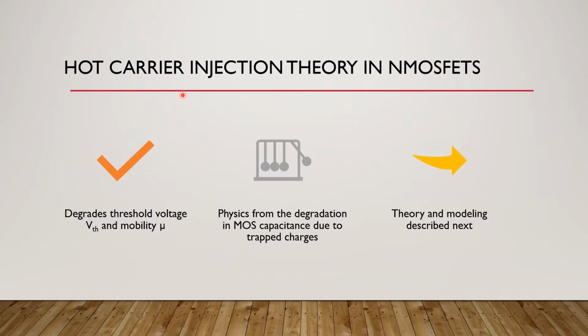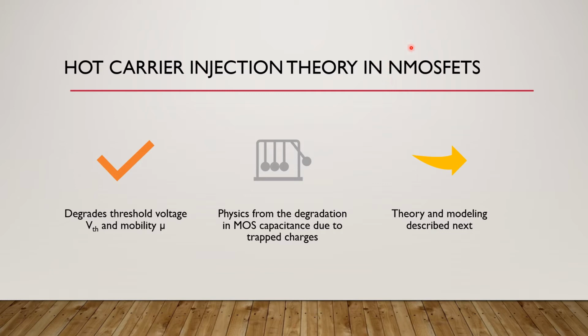Also, in particular, I will discuss the HCI theory in N MOSFETs. For P MOSFETs, the contribution that is due to hole injection occurs for the condition of Vg equal to Vd equal to the rated VDD of that device. So the P MOSFET theory is actually only one kind of HCI mechanism, and that's why I'm not undertaking that.